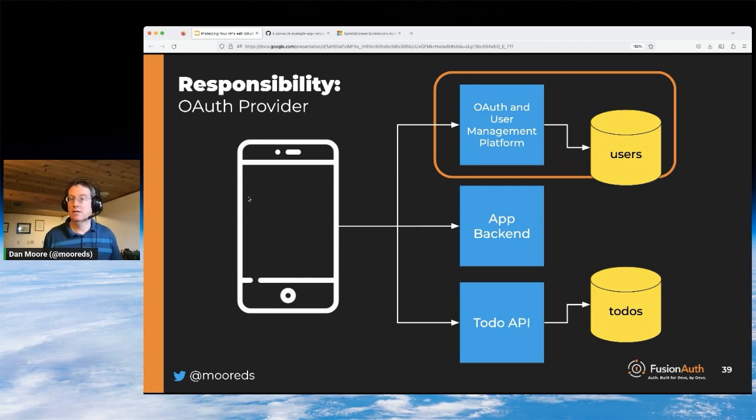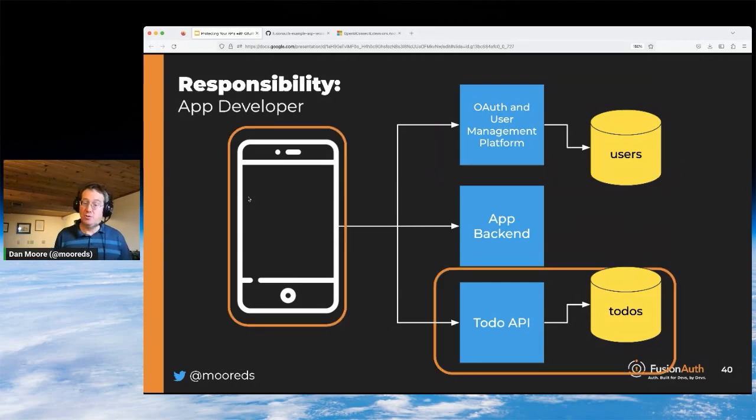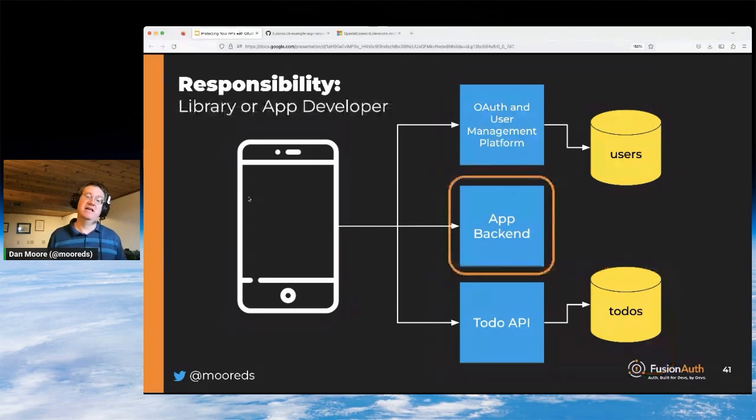Identity server, Keycloak, Auth0, et cetera. There's a number of these out there, but that's going to be all code that you interact with via basically a standard set of requests. The To-Do API is the responsibility of the app developer or the team of app developers, and obviously the client is as well. And then I already mentioned that the app backend typically is going to be taken care of